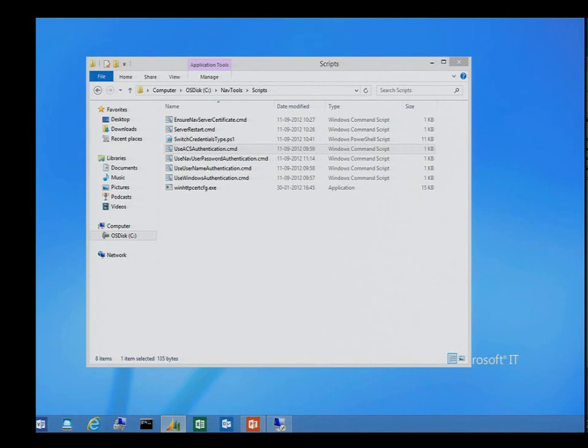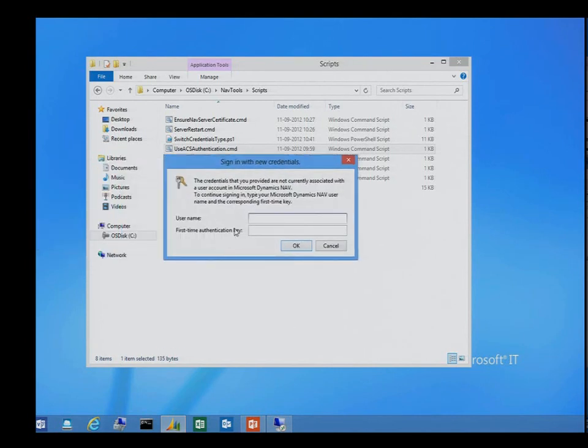And now NAV shows me this dialog. So this is the first time I'm trying to log in with ACS, with my Google identity. And I'm forced to enter a username known to NAV, and this first time authentication key. And that's the kind of PIN code I need to enter in order to get in.